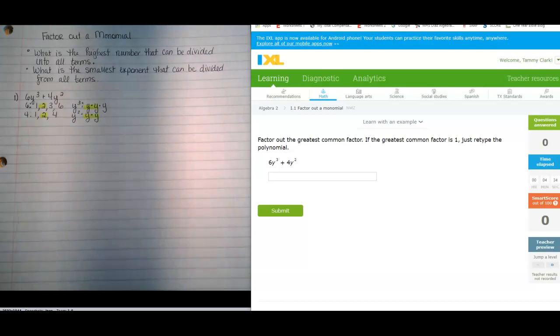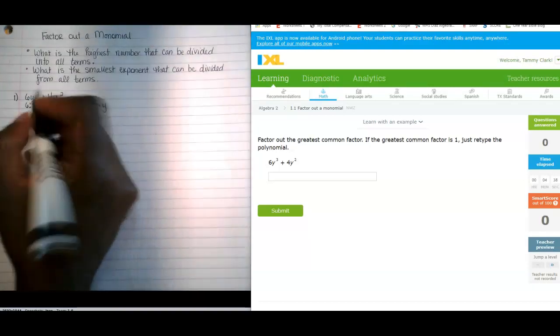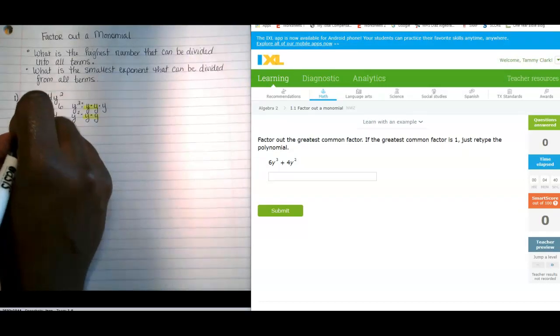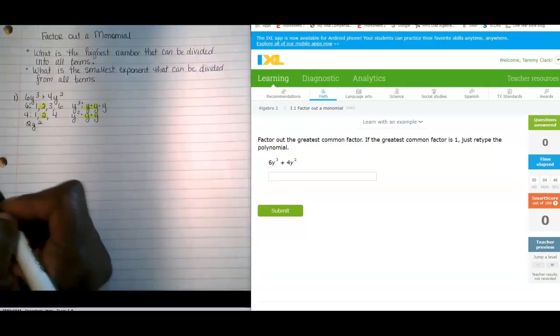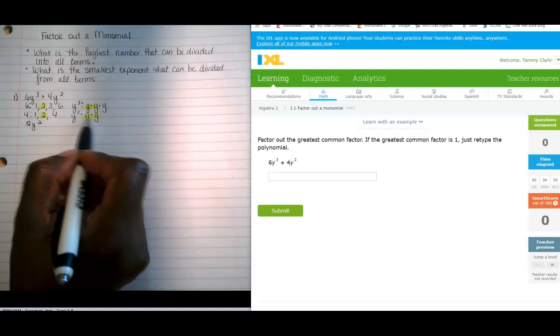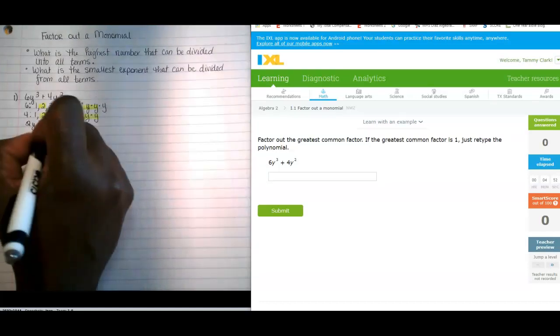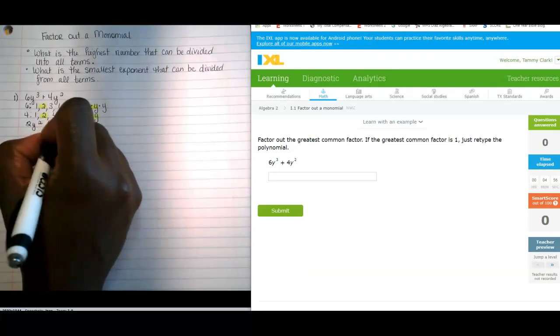So when we look at the greatest common factor of 6y cubed plus 4y squared, it would be 2y squared. Again, because 2 is the largest number and the smallest exponent is y squared. Now what that leaves us is 3y